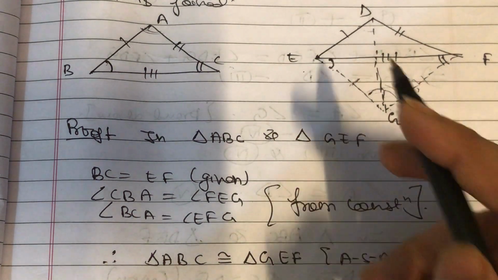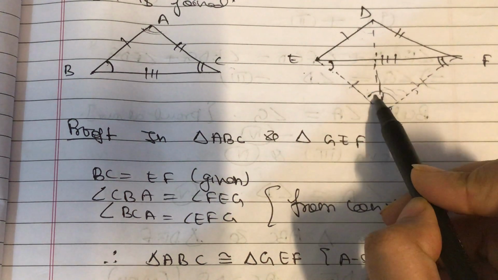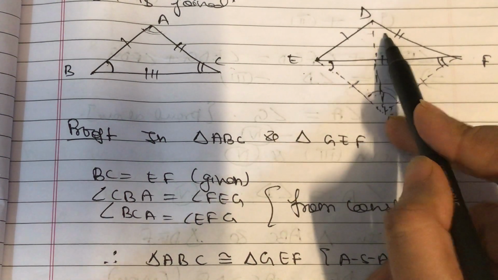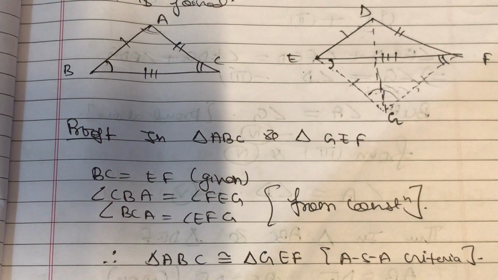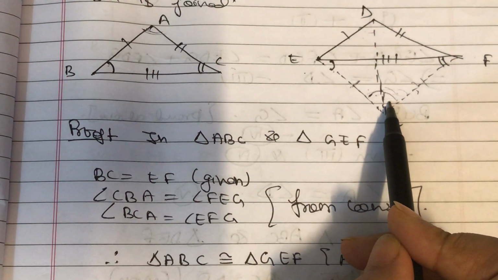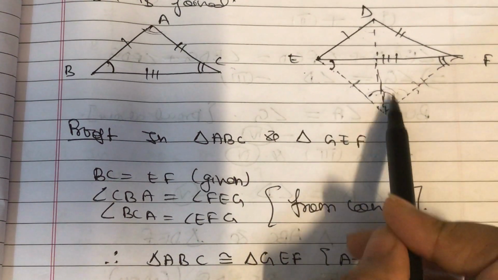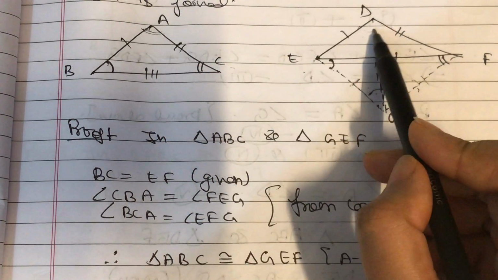So if I add both the equations, this is equal to this and this is equal to this, so this plus this is going to be equal to this plus this. That means angle G is equal to angle D. And earlier we have proved that A is equal to G, CPCT, right? And just now I have proved G is equal to D. That means angle A is equal to angle D.